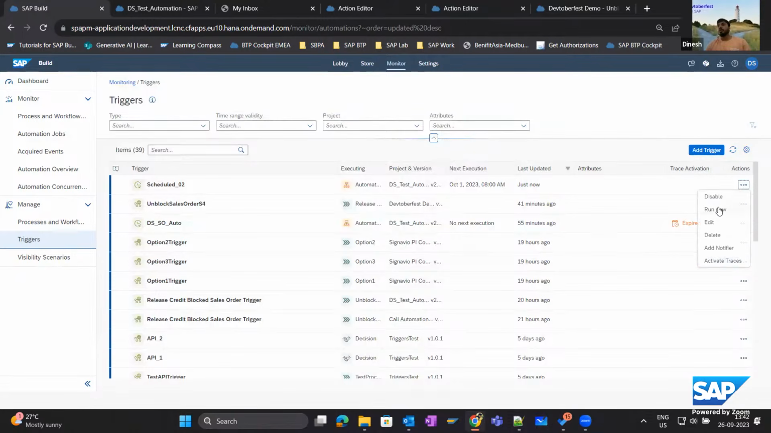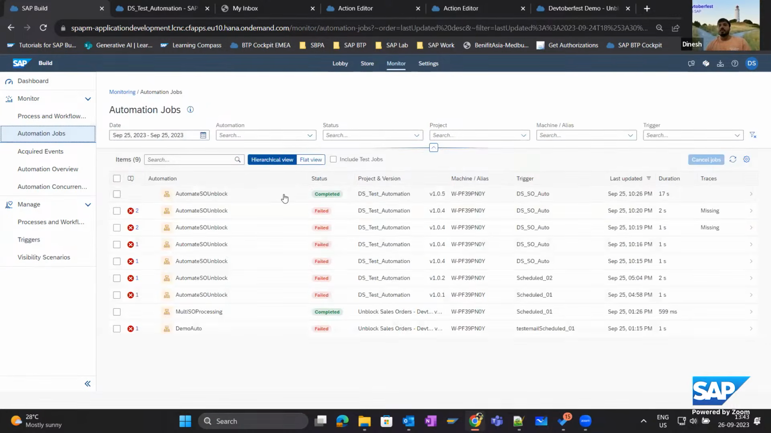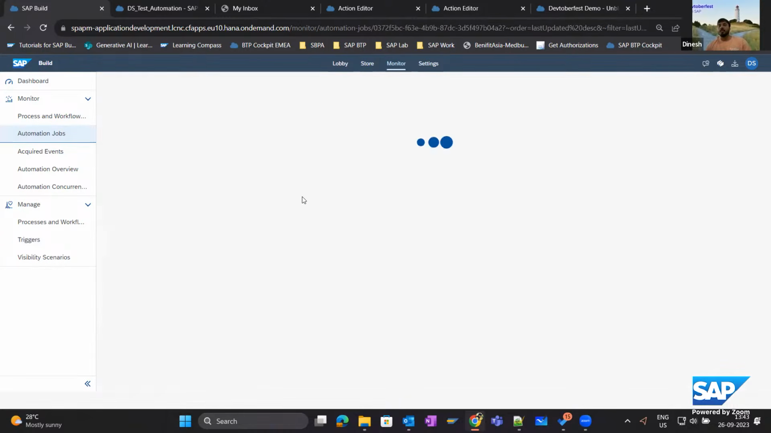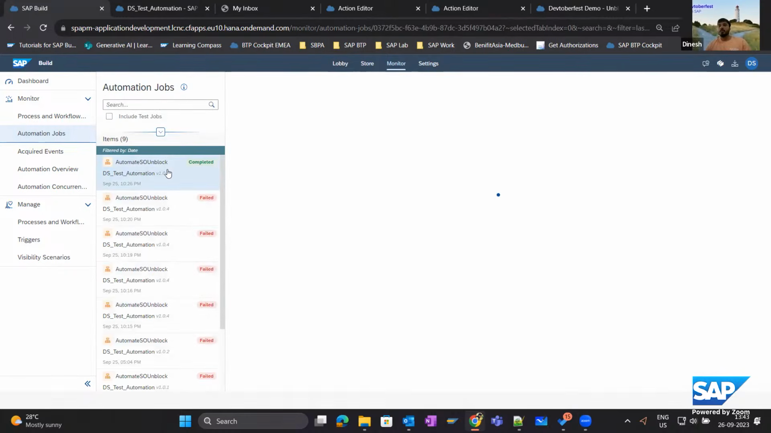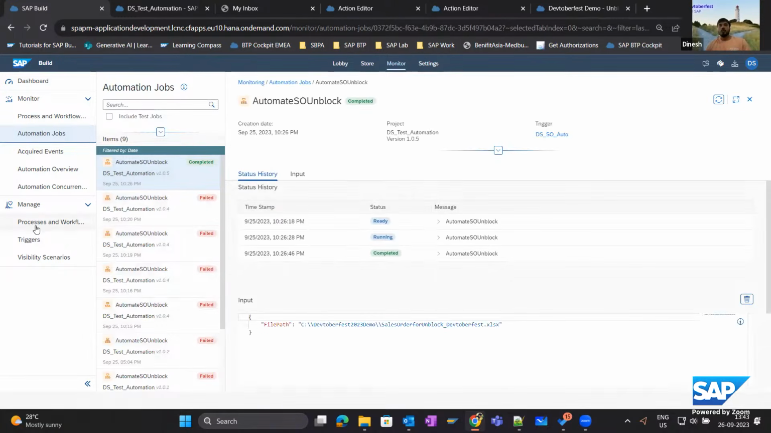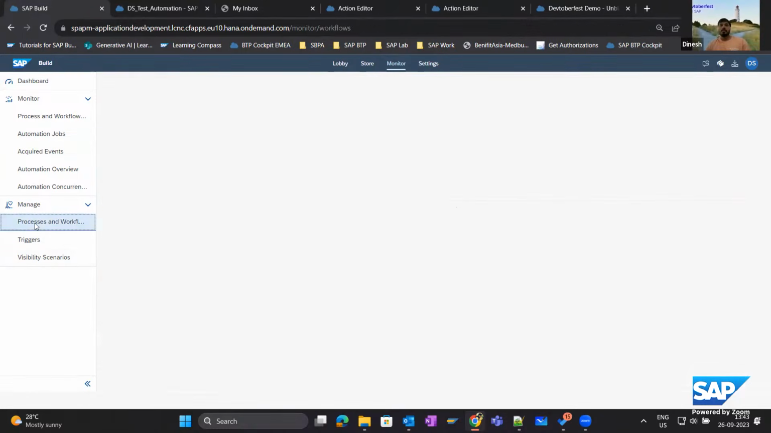When you click on run now, it executes the automation. You can always go here and see the automation job. You can see it says the automation job is completed. Let's open it to show the data. So here it picked the file from here and executed it, right? So I just go to the process